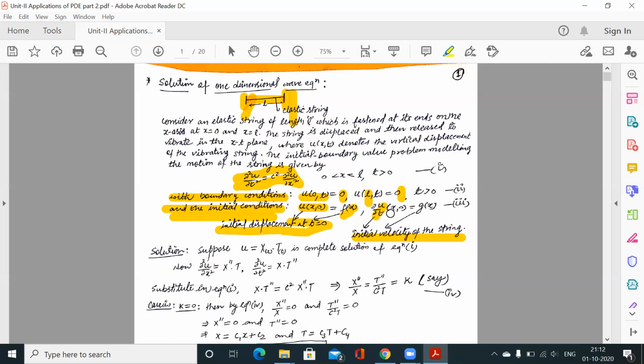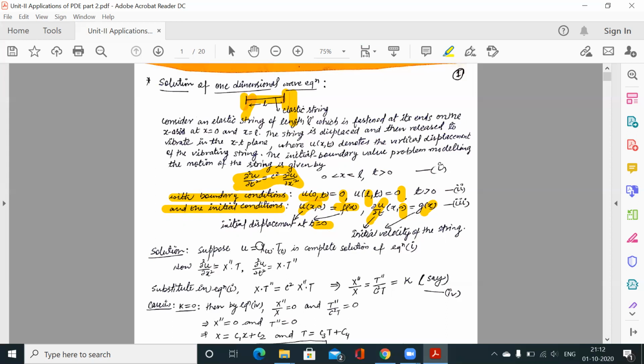It means it is already moving, suppose it is already moving with the wave in the air. And then if in that case we touch that string, then what vibrations are there? So these are two initial conditions. The initial displacement is f(x), means at time t is equal to 0, u(x,0) is f(x), and the initial velocity, means del u over del t at time t is equal to 0, is g(x). These are two functions of x which will be given in the question itself.